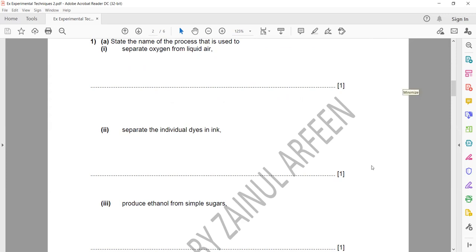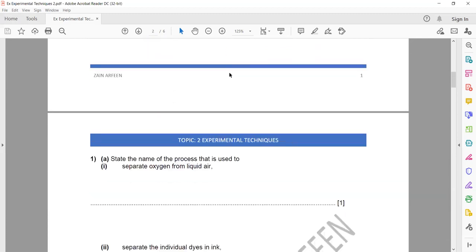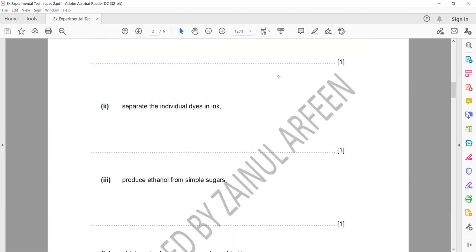No, that will not have an impact. If you are saying we separated the colors from each other and you are repeating it, it will give the same result. For example, say you have a sample of ink and you carried out chromatography, say it was a combination of red and green color, so you are getting two spots. If you repeat the same procedure,